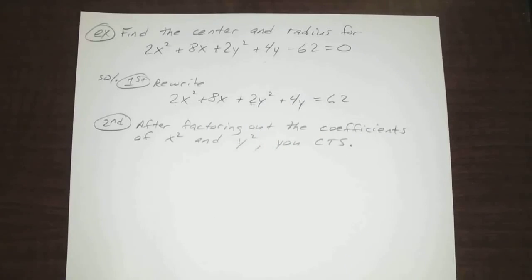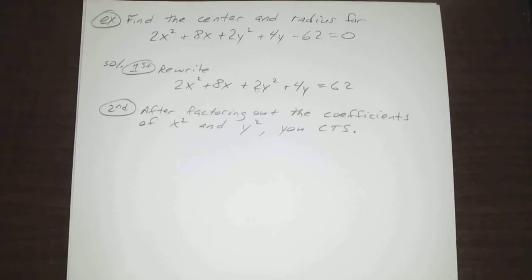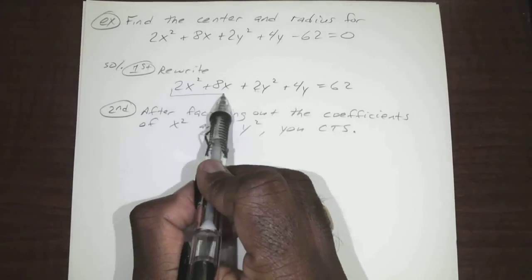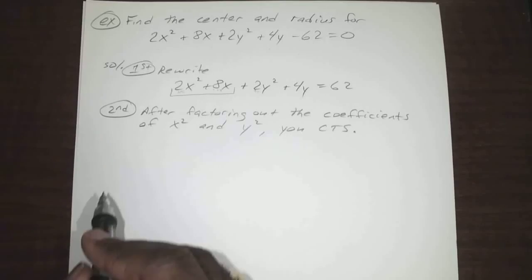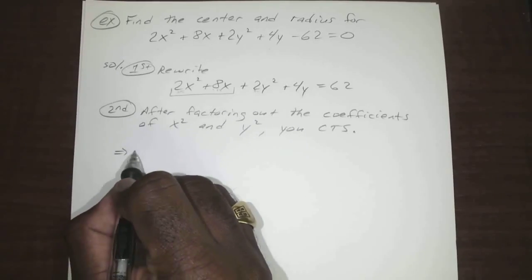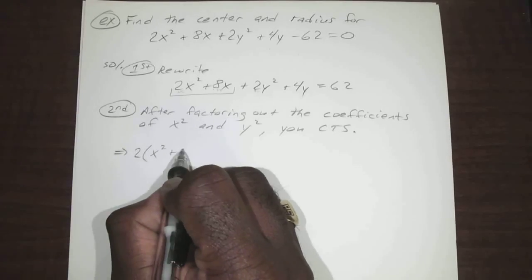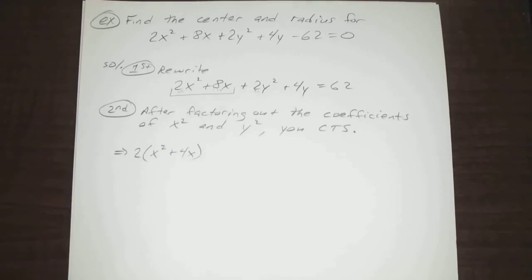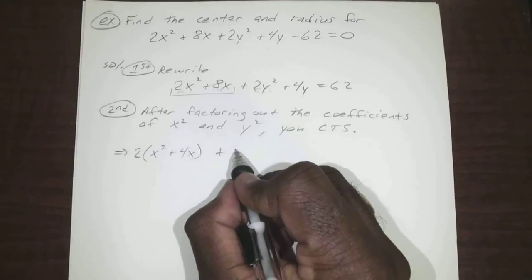You complete the square. Okay, so we know that for these two terms, we can factor out a 2. So that becomes 2 times x squared plus 4x. Okay, we're not going to factor out the x, just the 2. Plus, and for these, we can factor out a 2. That's 2